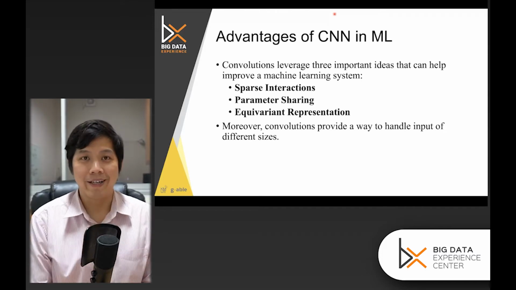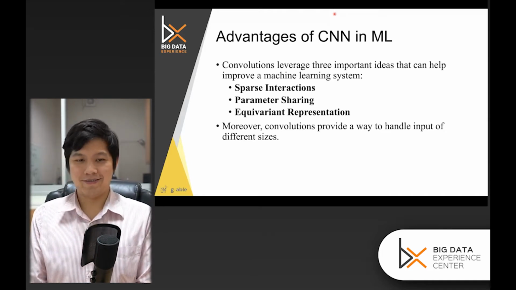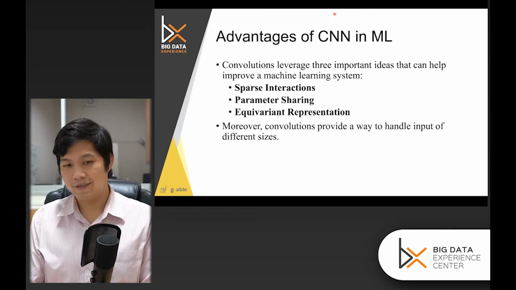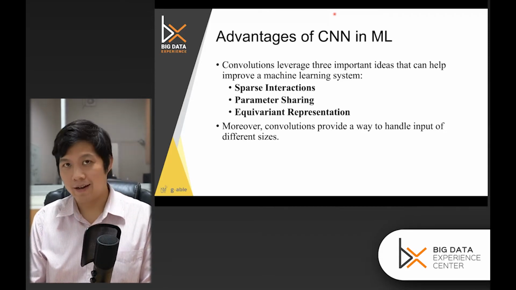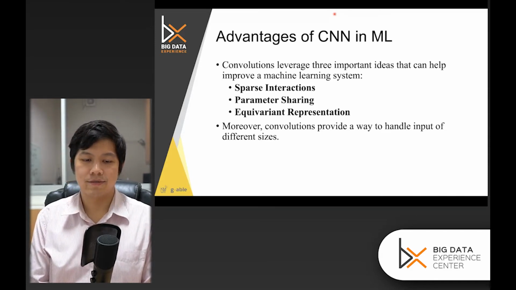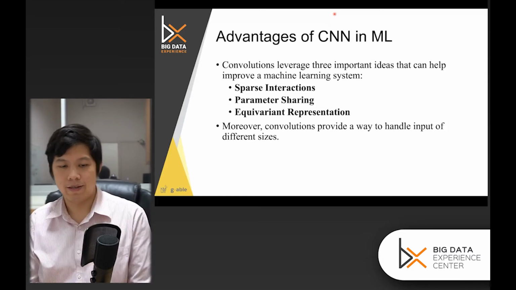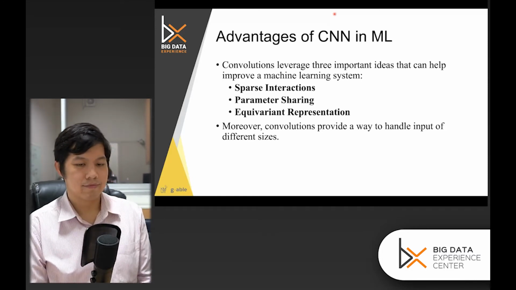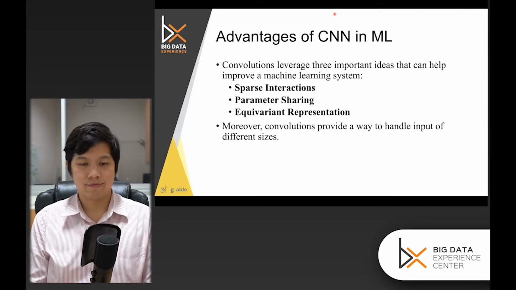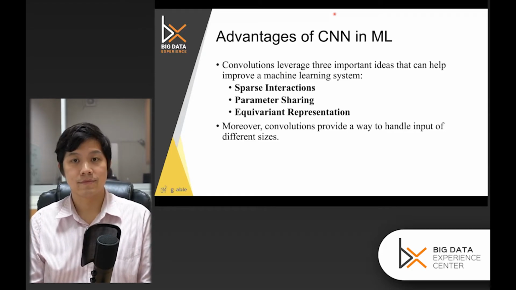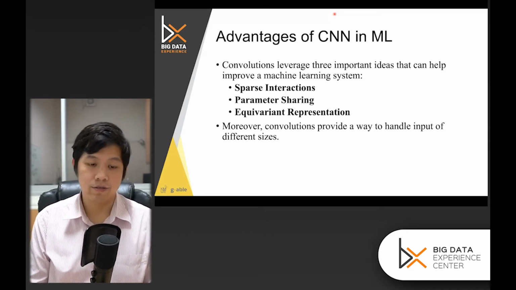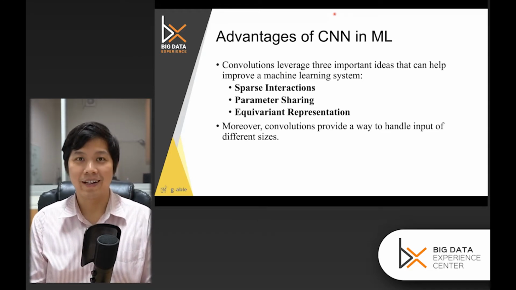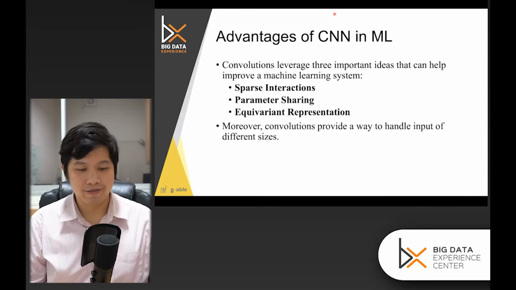I'm waiting. Think about a variant of CNN. What else can it be? There are many other variants that can be done. What else? For example,